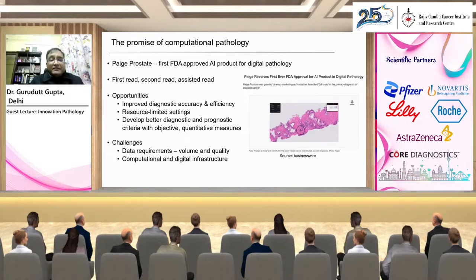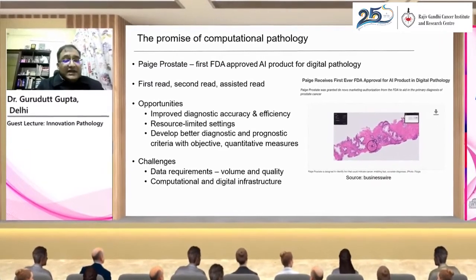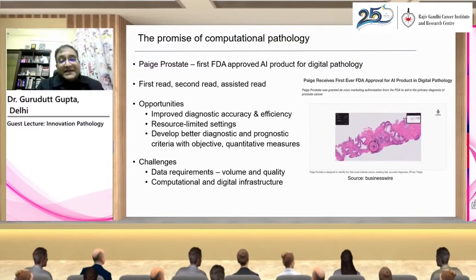Now, Paige Prostate was the first FDA-approved AI product for digital pathology. Paige is a New York-based AI startup, started by Dr. Thomas Fuchs in 2017, and you'll be surprised to know it received $220 million of funding. This was the first system, a landmark, which received FDA approval. So, what are the opportunities of